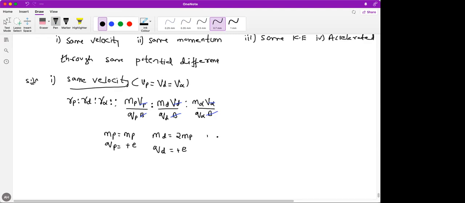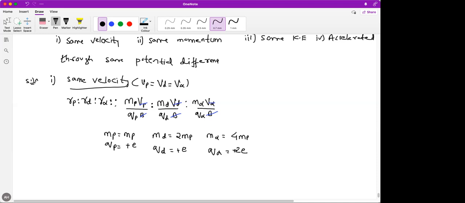Mass of alpha particle is 4 times mass of proton, charge of alpha particle is twice of charge of proton. You should remember these results. If mass of proton is mp, then for deuteron it's twice of mp, then for alpha particle it's 4 times mp. If charge of proton is e, charge of deuteron is e, then charge of alpha particle would be